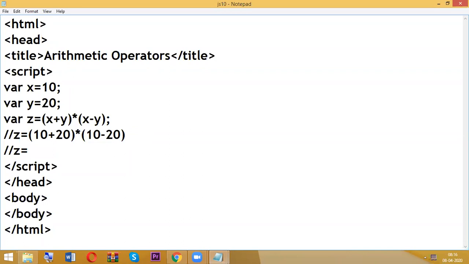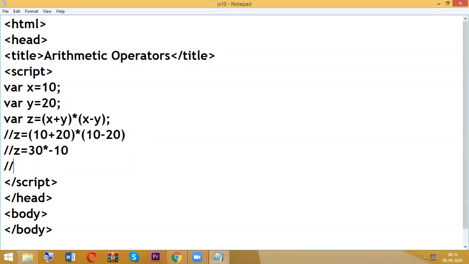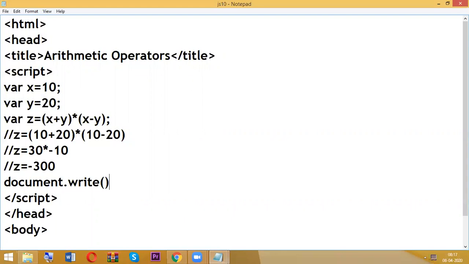So z equal to 10 plus 20, how much? 30, into 10 minus 20, nothing but minus 10. So finally, the result is what? Minus 300. So the z value is minus 300.